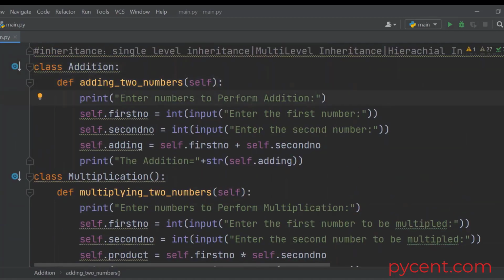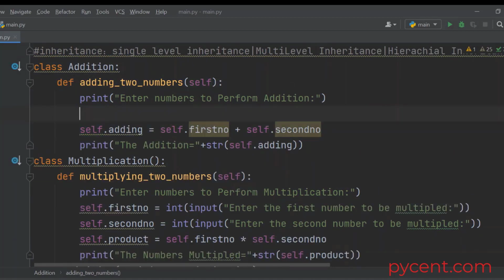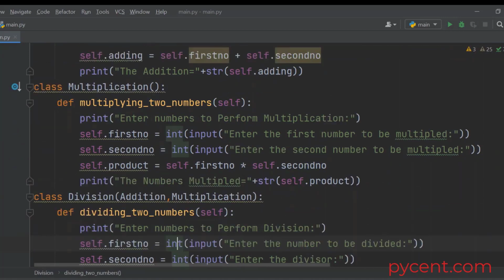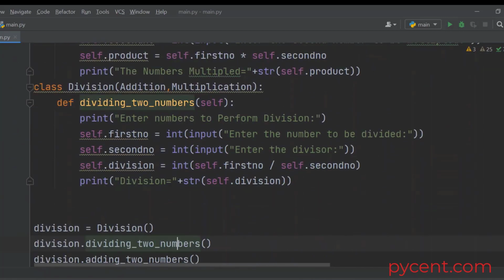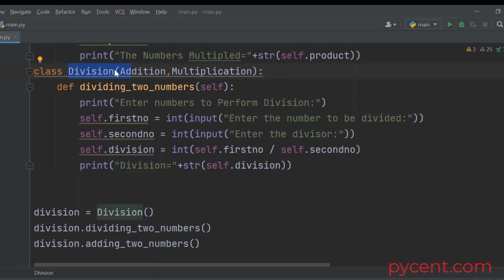So just to use the same illustration, what I'm going to do is I'm just going to modify this. I'm going to remove these two things. I'm going to take this off. So in this case, this would be giving us the output. So I will just say output for addition. And then the variables are there, first number and second number. And these two variables would be passed from the division class here, because division is actually inheriting everything that belongs to addition